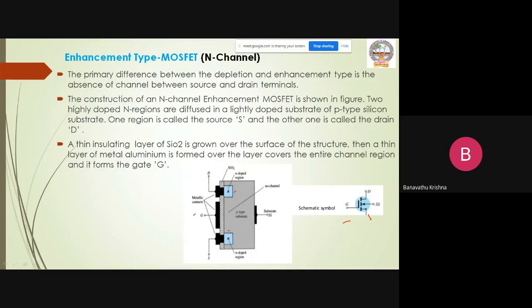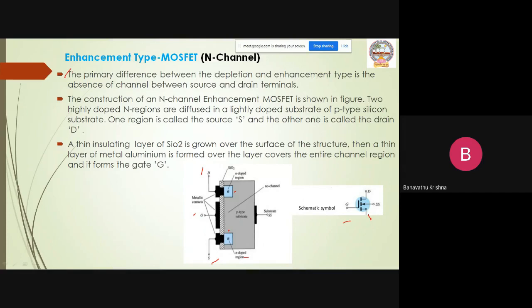Now let us come to the basic structure of the N-channel MOSFET. Again, there is a silicon crystal p-type bar, lightly doped material, and heavily doped n-type diffusion impurities are diffused into the region to form the drain region and the source region. A silicon dioxide layer is covered, and then metal is deposited to make the metallic contacts to the gate, drain and source region. Let us go through these points one by one.